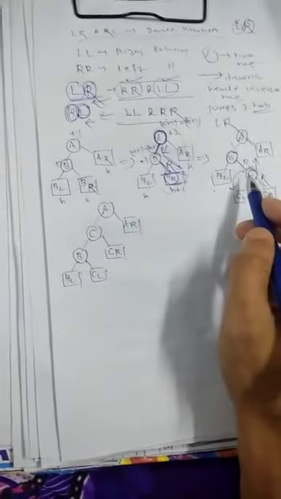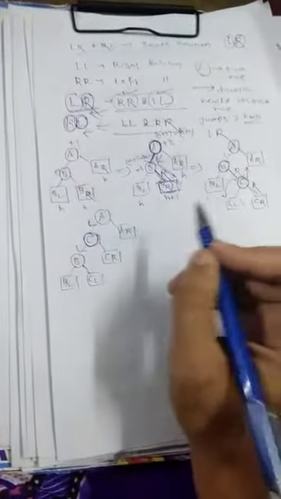Then another rotation is what? This is the middle node, as you know, LR. First RR is completed, then our rotation is LL. This is the middle node. After rotation, this is just one rotation, we have to find this. Then the next rotation is what? For LR, first is RR, then LL.